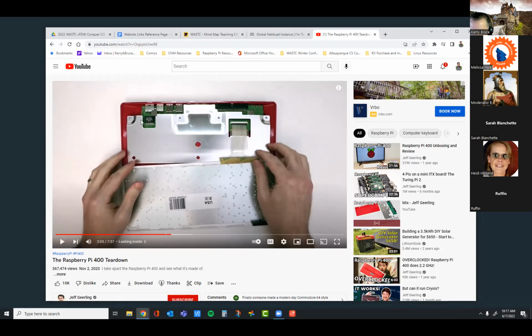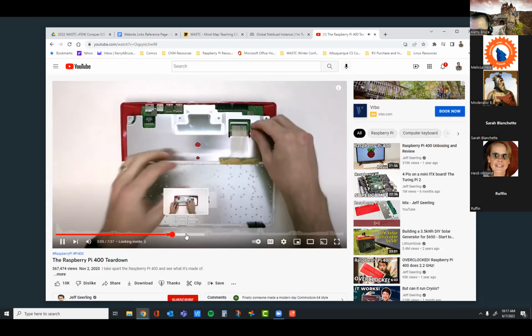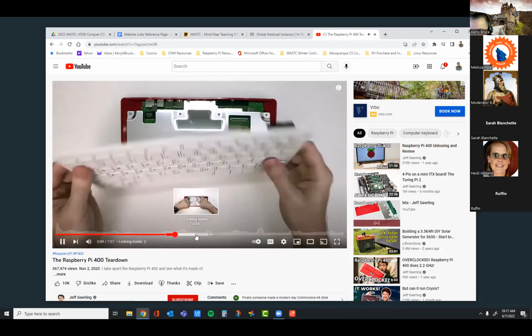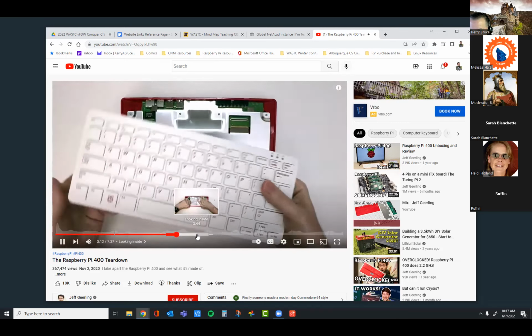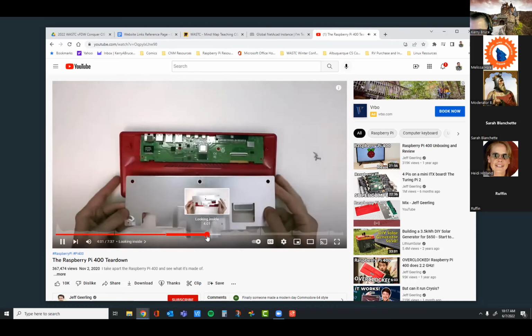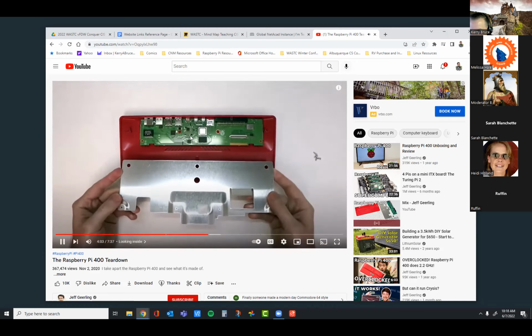Any kind of, because you can see the motherboard is back here, right? So this is basically a Raspberry Pi 4 on a different configured circuit board. But I'm wondering if there is a battery or something like that that may be causing you the issue. The board just has a flip-up connector right here, so I'll disconnect that. The keyboard is just a keyboard, so I'm going to set that aside for now. And there it is, the Pi 400's guts exposed.